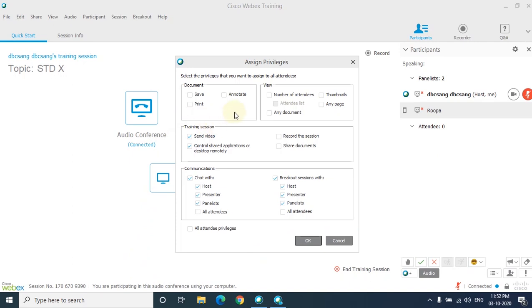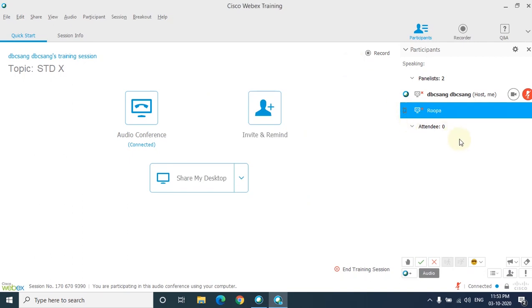Then you also have assign privileges. Not much of that we have to know, because when we schedule it itself, we make sure that other students don't see who are the participants, the number of attendees and all that. We are not giving privileges to other participants. In Google Meet, every participant can see each other. Here we are restricting the view of other participants to see each other, or they have no chatting facility with each other. Clear? So all these are some advantages of this WebEx licensed version.